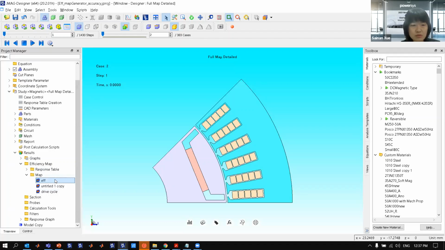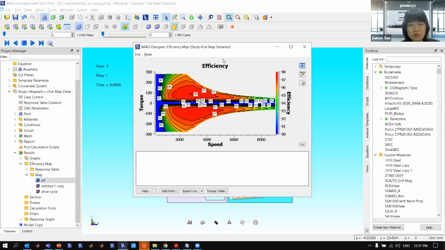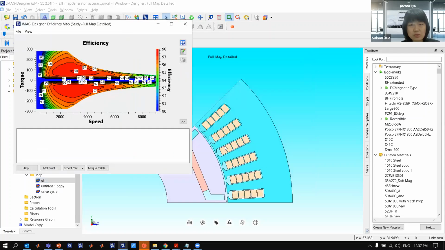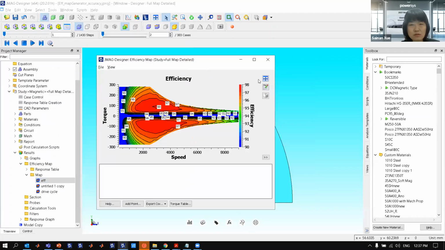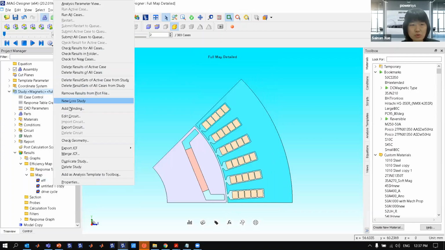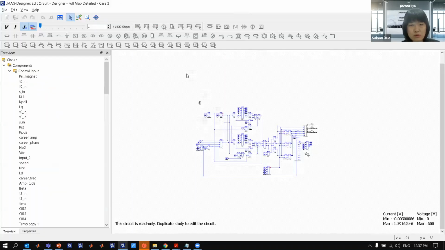It cannot be fit into the demo session. So I only show you the result of the accuracy priority of this machine, an IPM machine with a bar winding. Of course, I considered the control circuit, and that's the efficiency map. Let me show you how